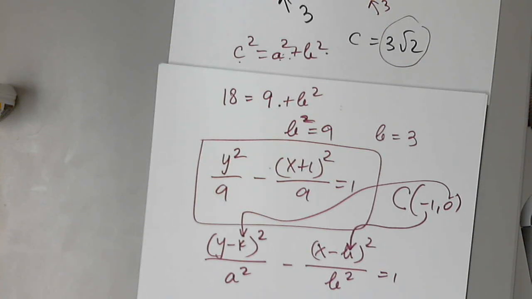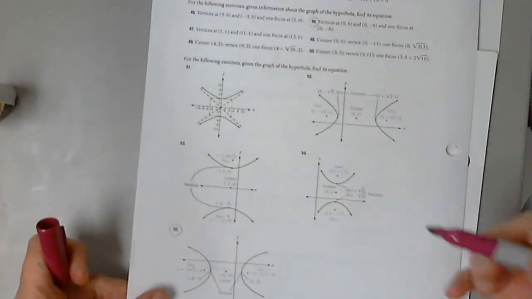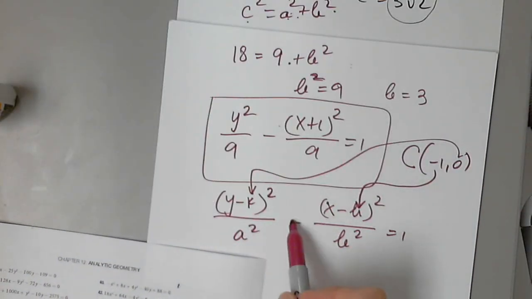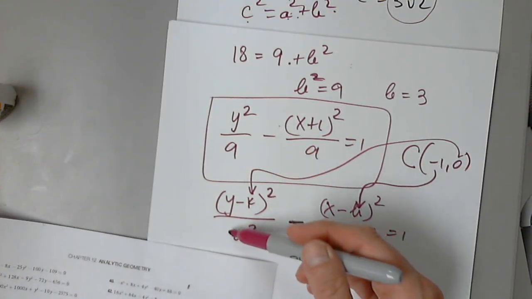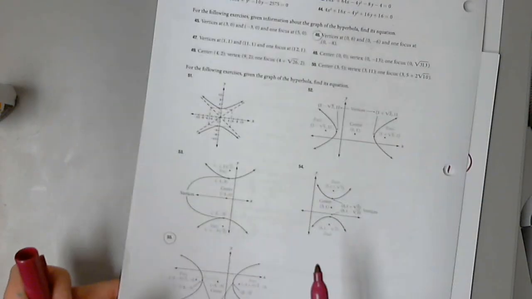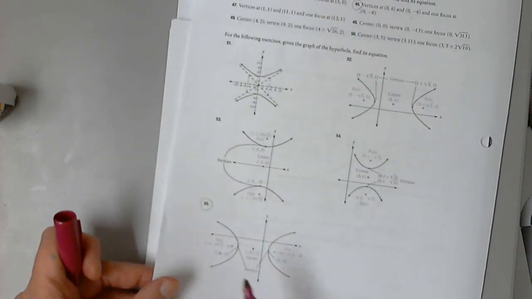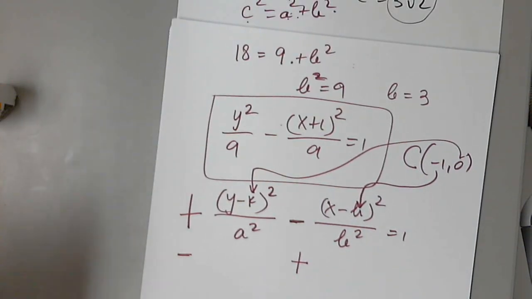I think I understand the confusion. So if it is on the vertical axis, x will have negative in front. As you see, this term follows the y. Y has positive, x has negative. If it is on the x-axis, then this will be positive and this will have negative. One of them has to have negative in front. But the center does not change. So this is the same thing as with